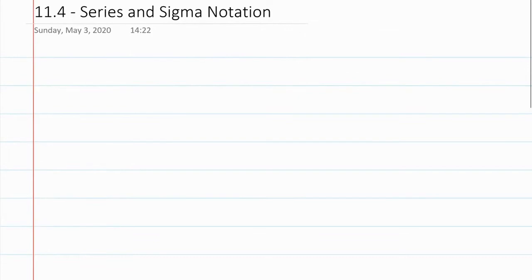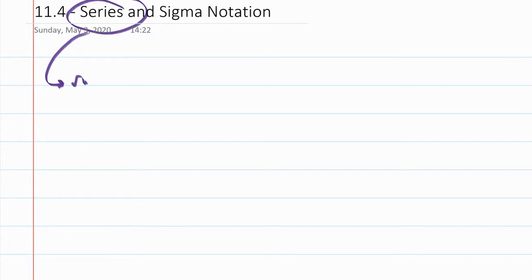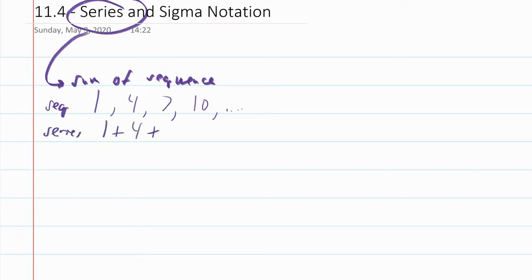We're going to be talking about series, which are the sum of a sequence. And that's the big gist of this chapter: the idea that the sum of a sequence is a series. Which means that if I take 1, 4, 7, 10, and so forth, that's a sequence. A series is if I add them up, 1 plus 4 plus 7 plus 10, etc. An infinite series is one where I add an infinite number of terms, whereas a partial series is, we call